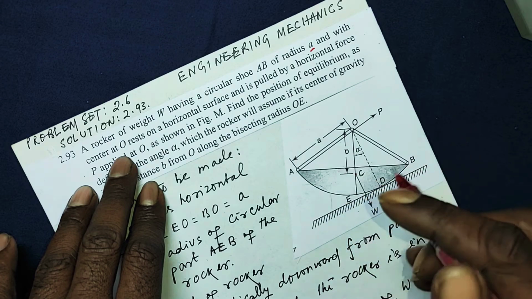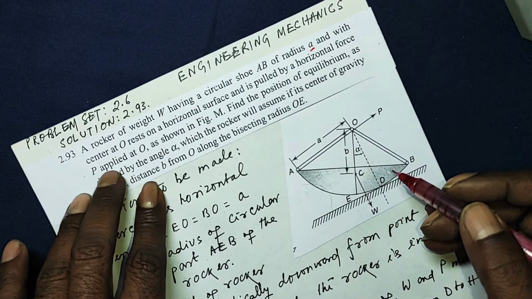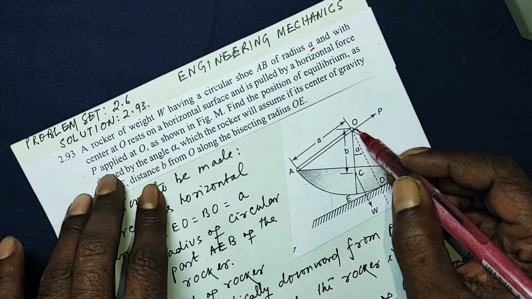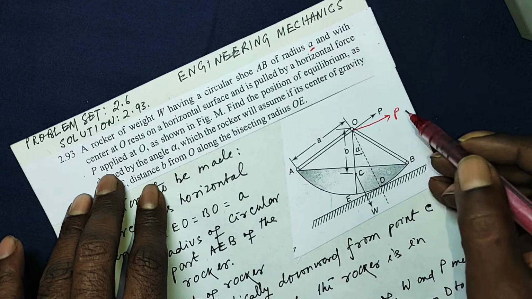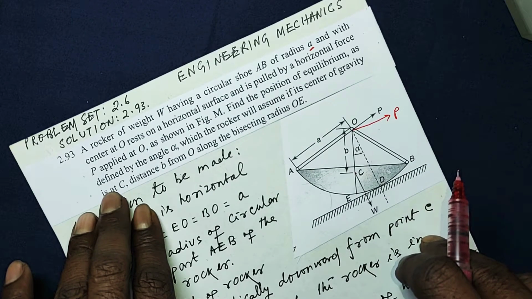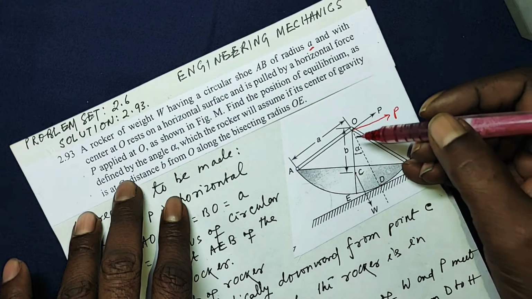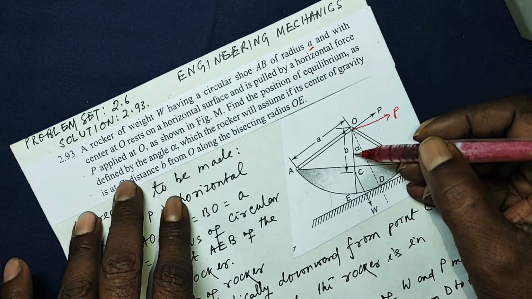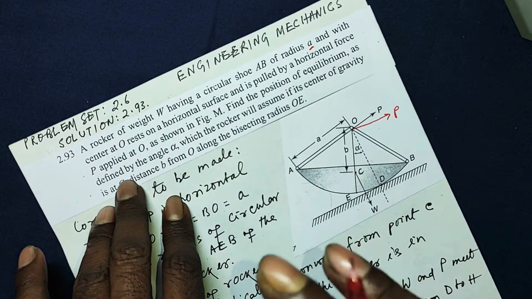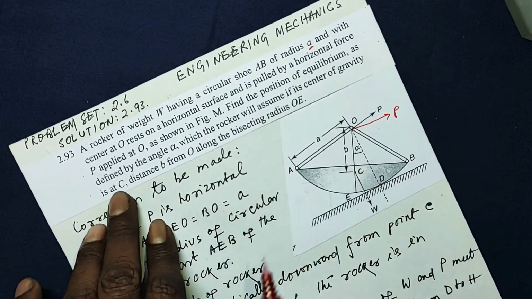This is resting on a horizontal surface. This is your horizontal surface and it is pulled by a horizontal force P. This force P is horizontal to this side. I will show it in a different diagram. As shown in the figure, find the position of equilibrium as defined by the angle alpha. Now, for this angle alpha, the rocker is in equilibrium. So let us find out what that angle alpha is in terms of different parameters